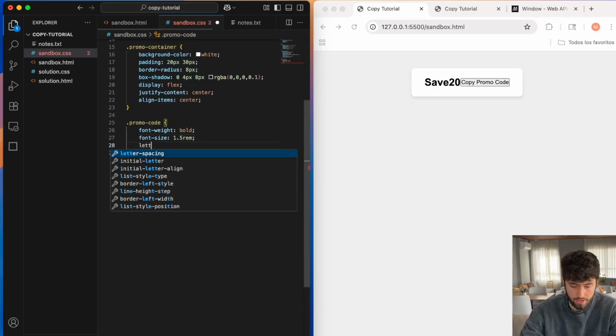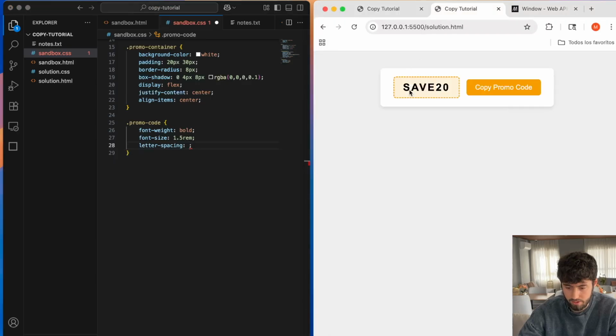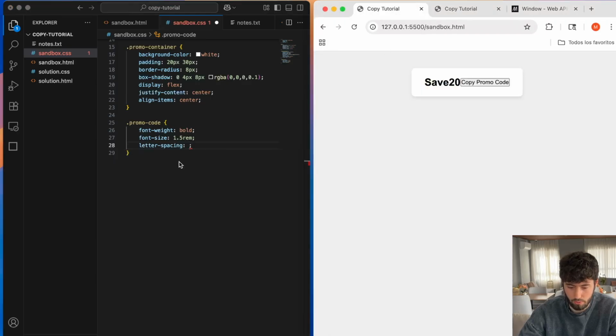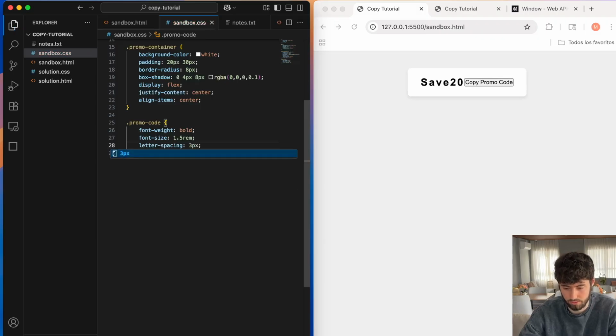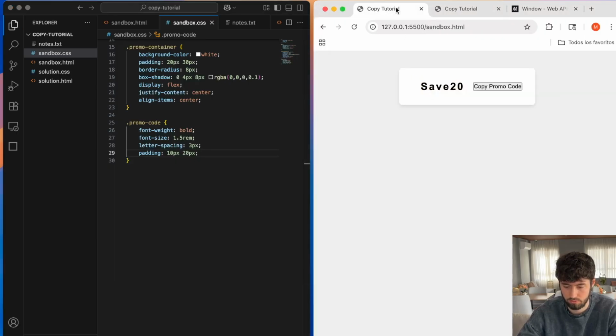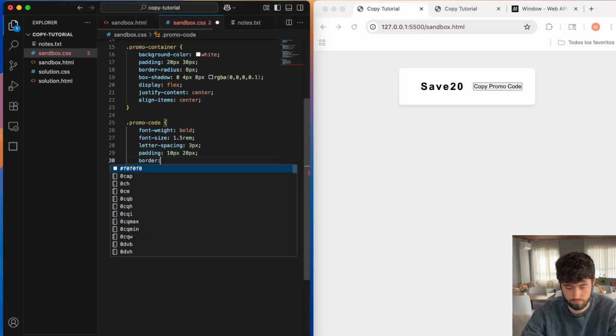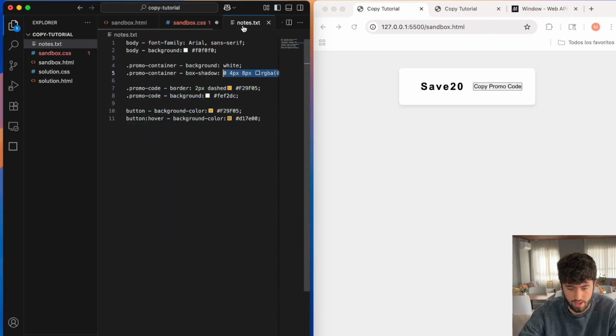Okay, next, you'll see in the final solution that it's spaced out, and so we want to use letter spacing to space out those letters, and we're going to just do 3 pixels to give that spacing. We're going to add some padding to just give some more breathing room, top and bottom, left and right, like so. Okay, and then next we've got the border, and we can get that from